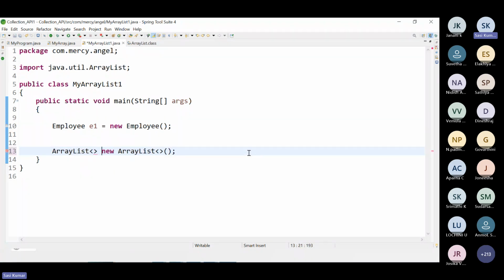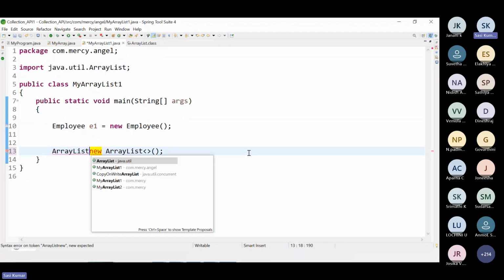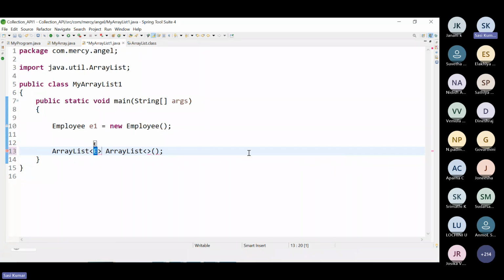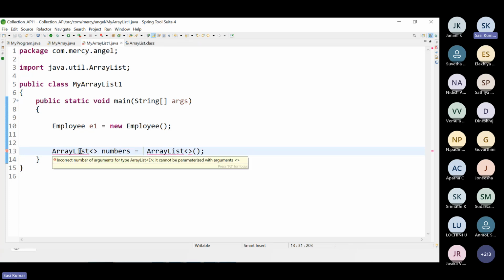I can type ArrayList, and let it be empty for now. I can give a name, say for example, numbers. Again, let it be a meaningful name. Numbers is the reference variable. Why is it giving a compile time error? It's simple.